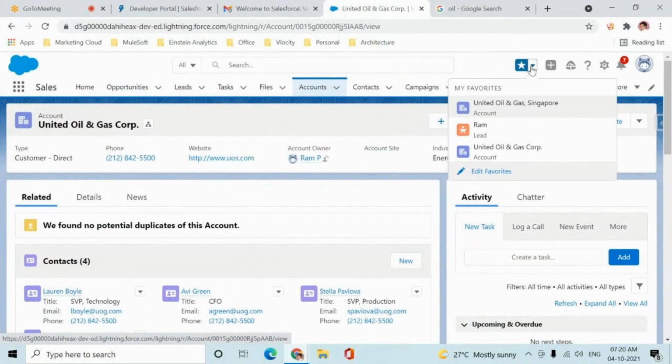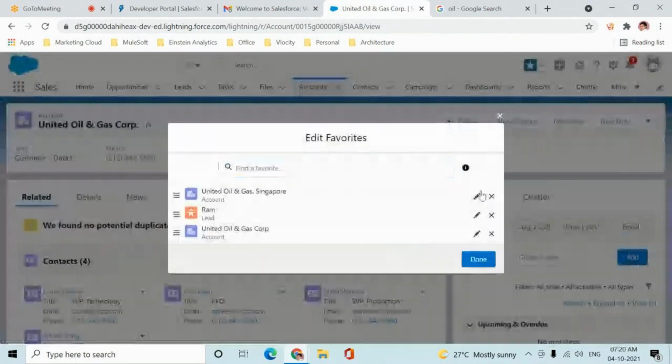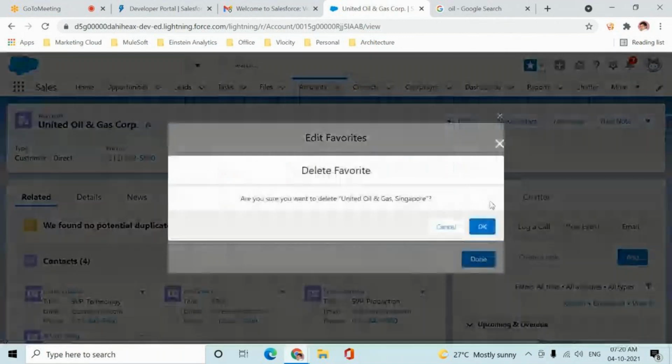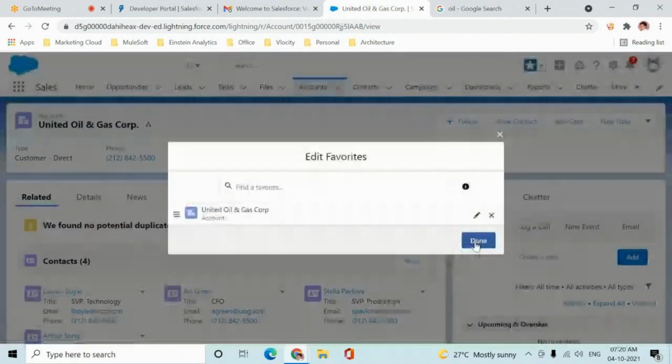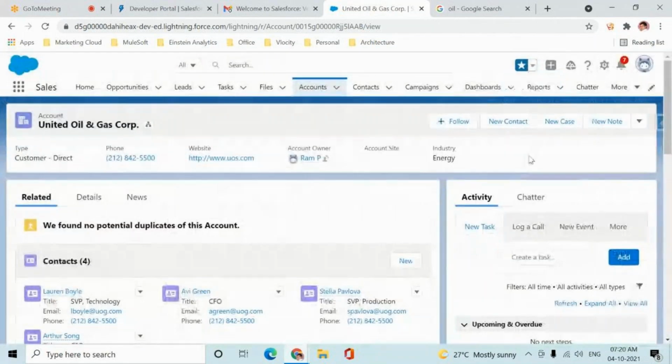You can make 5 or 10 records maximum, not more than that. And let's say my job is done. Say edit favorites, remove whatever you don't need. I don't want this. I don't even want this one also. I just want only one. Okay, clear?